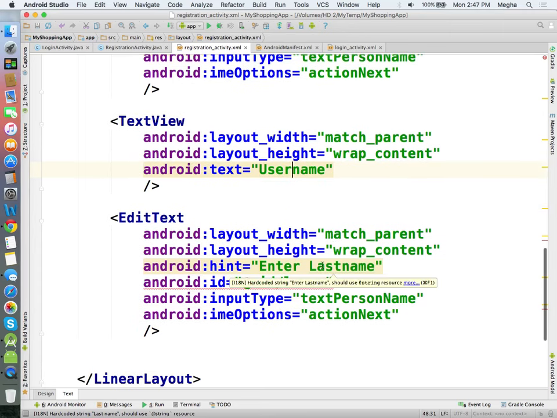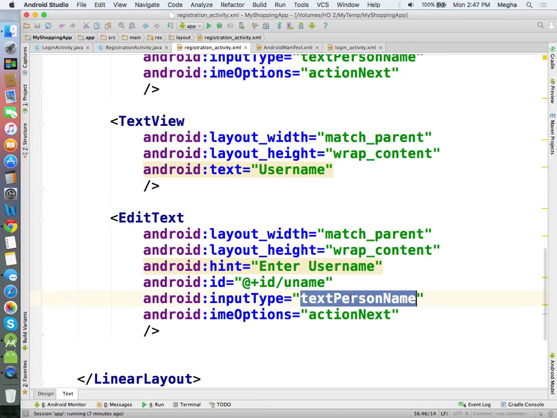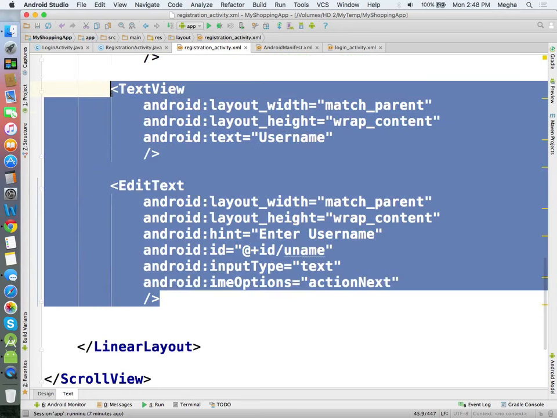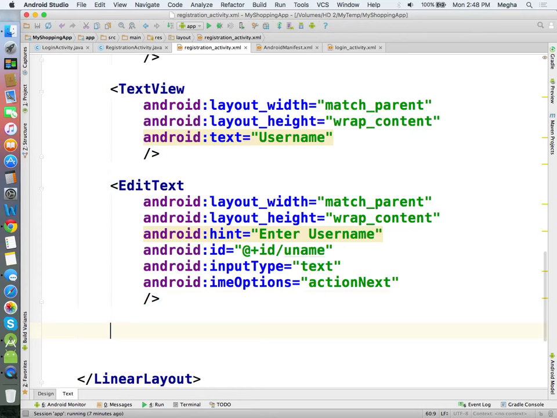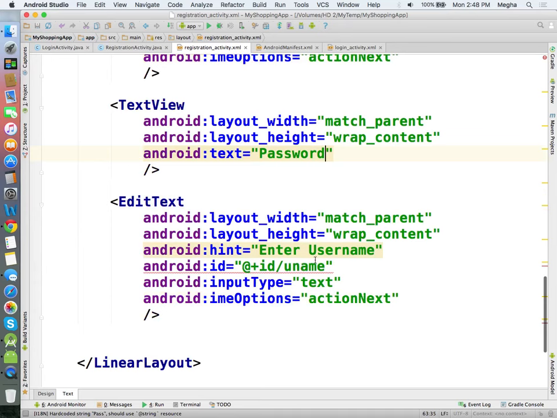Username, let him create a username. It could be anything, just a text. And enter a password.